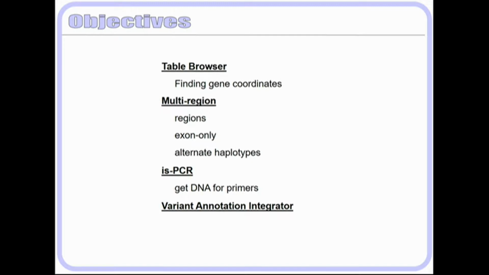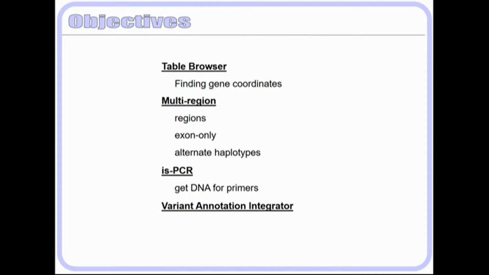We were doing that, pulling coordinates out from a list of genes, using a longer list than I intend to use today. And then we can use those coordinates as input into a function the browser has so you can look at just those regions. If you have a handful of genes, a gene panel, or a pathway you're interested in, you can look at just those regions